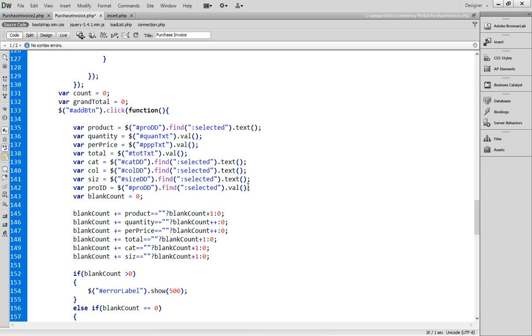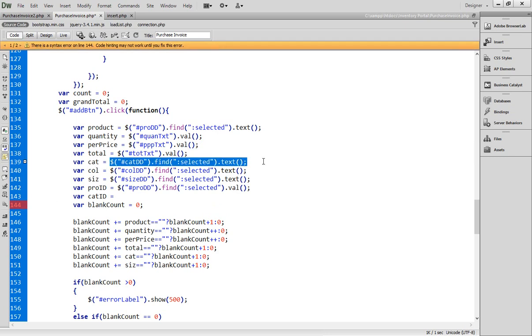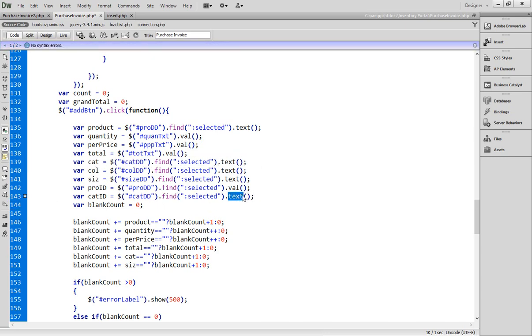Similarly, let's create a variable that is the category ID and equals to, and let's copy the category drop down code and paste,